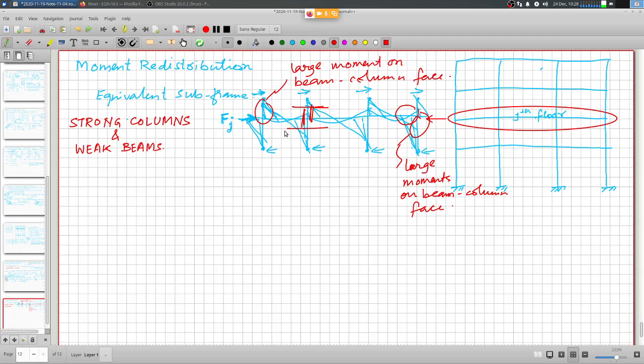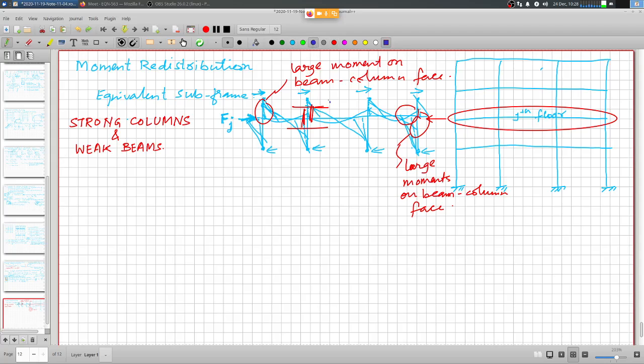But if I have to continue this flexural reinforcement above, extending it through the interior joint, then this section actually becomes, I would say not over reinforced, it develops over strength,